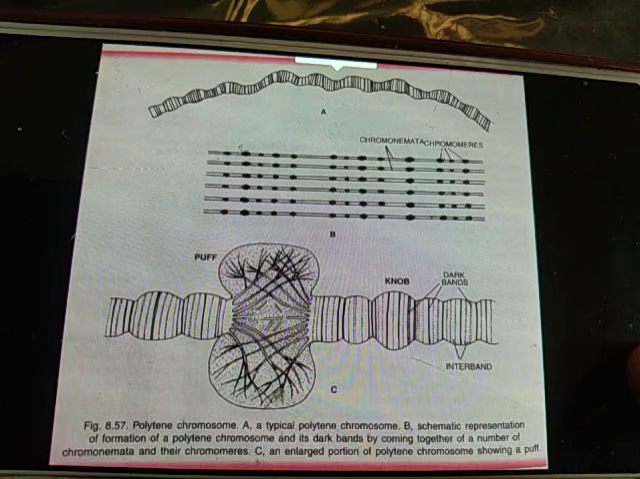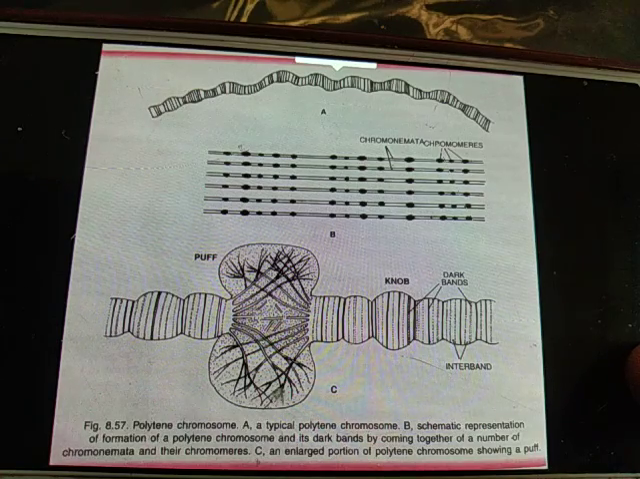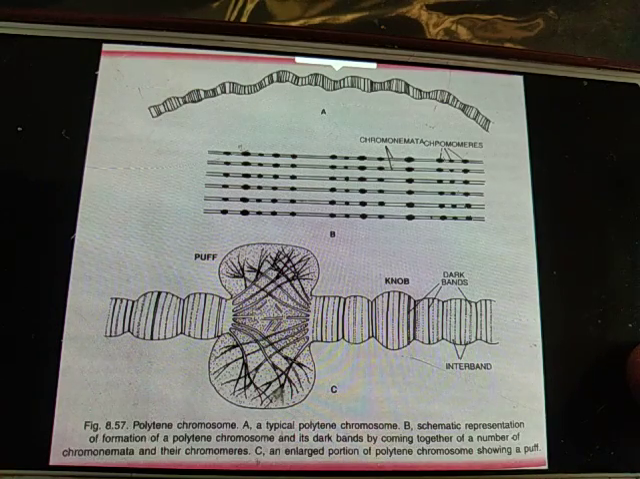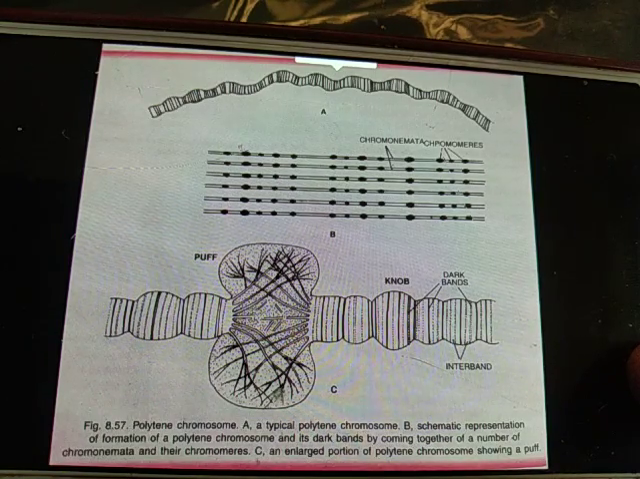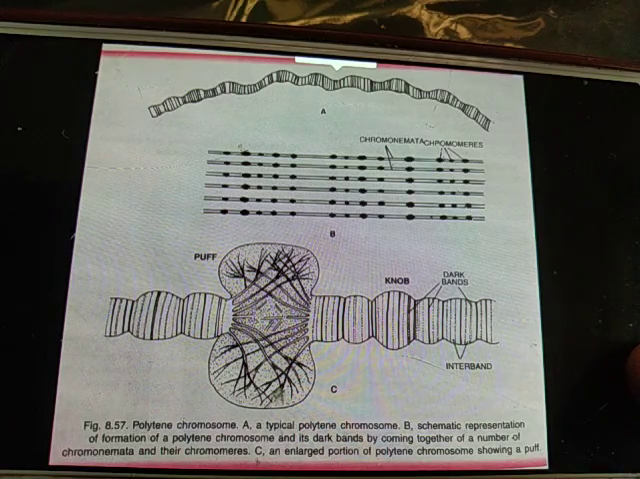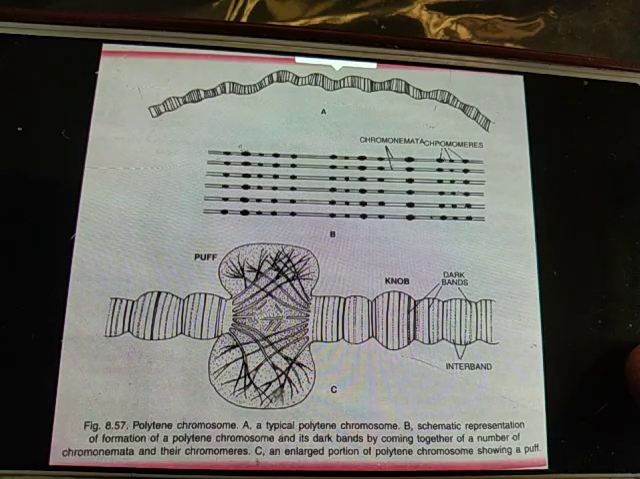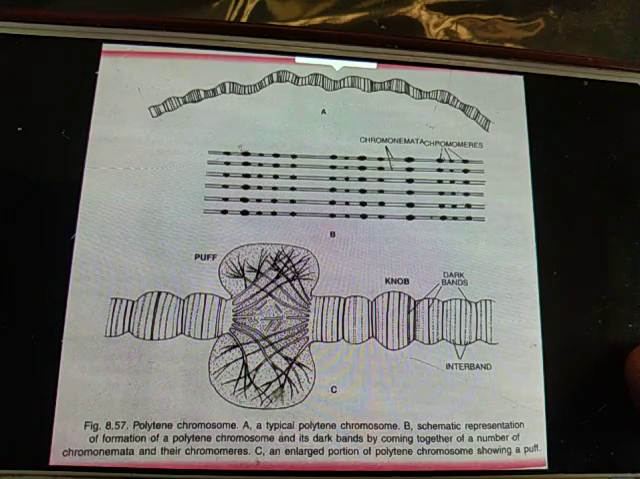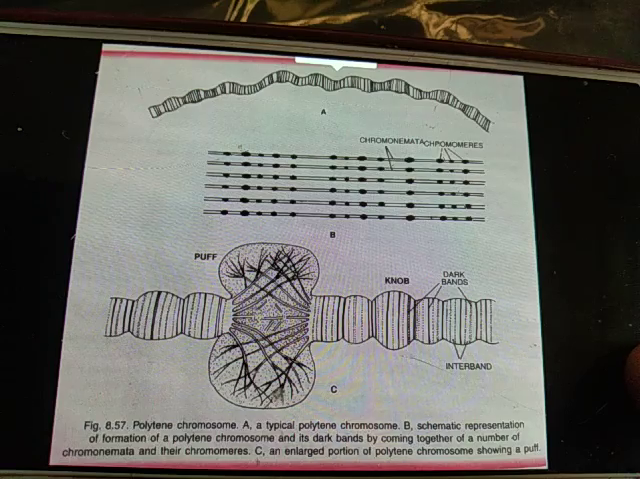Okay, that is present in the salivary gland. Polytene chromosomes are multi-stranded. They are in a permanent prophase stage. The giant chromosomes are multi-stranded and in permanent prophase. They are formed by somatic pairing between the homologous chromosomes and repeated replication, that is endomitosis, of